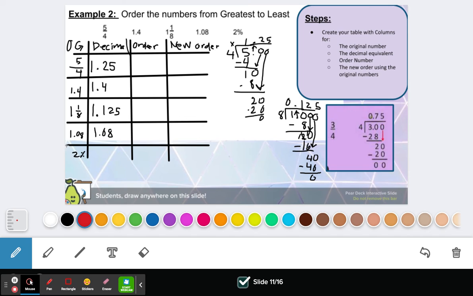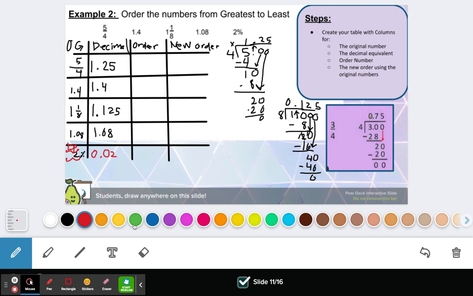and then I'm going to use a different color for this percent. Remember, I need to use Dr. Pepper, so DP. Right now it's a percent and the decimal's in front, but I need to move it to the back, so I need to move it twice to the left. And so that means with the 2, I need to move 1, 2. So then I have a gap in front of the 2, and with that gap I'm going to fill with the 0, and then I'm going to write my 2, and I have a 0 at the back,